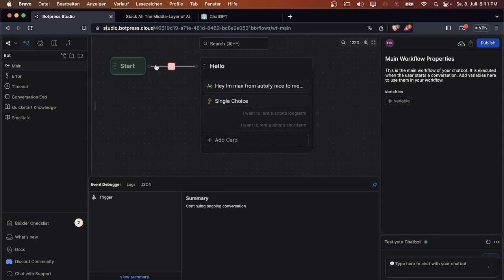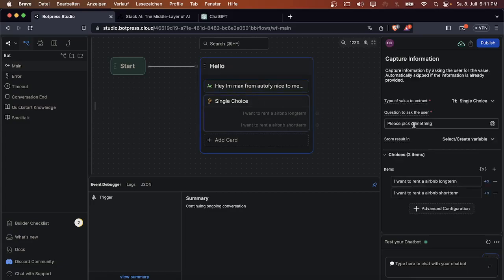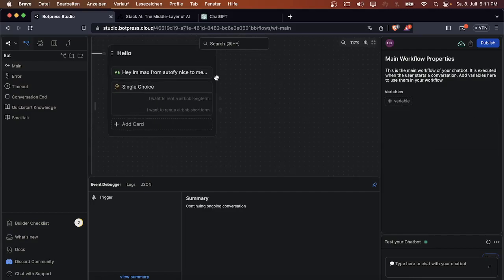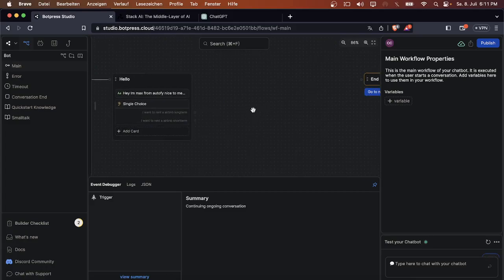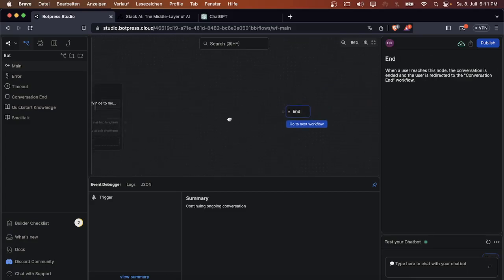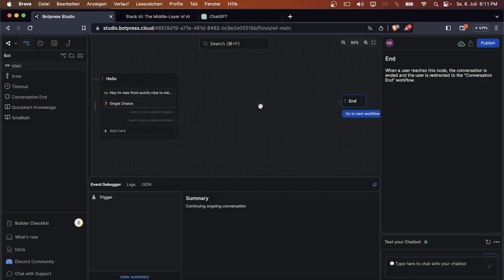So if a user joins, he will write hi, the bot will answer, hey, I'm Max from Autofy, and then he will say, please pick something, and then he can click on, I want to rent an Airbnb long term, or I want to rent an Airbnb short term. This will be the first command, and after that we will create a few more nodes, so the user can also ask more questions. What I like to do, since we are working with AI a lot and I don't want to overcomplicate this video, I will just create a standard node,